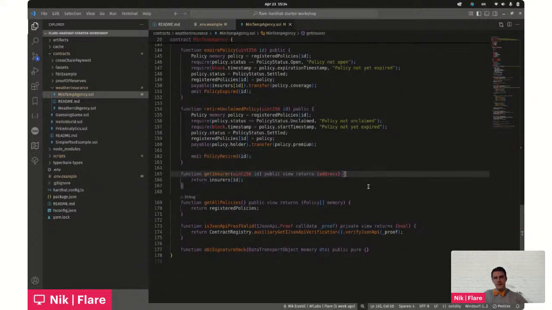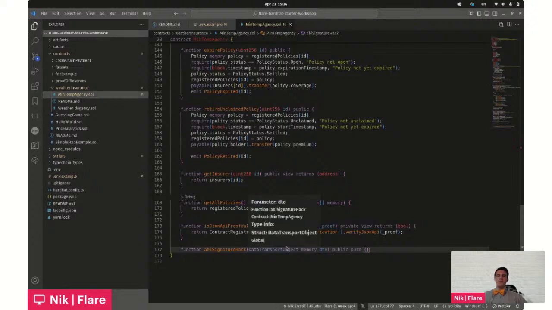We have a few auxiliary functions here. The one that's really interesting to us is the ABI signature hack. This function does basically nothing. It only takes a data transport object as a parameter, but that's actually the key and the reason why we have it here. You see,